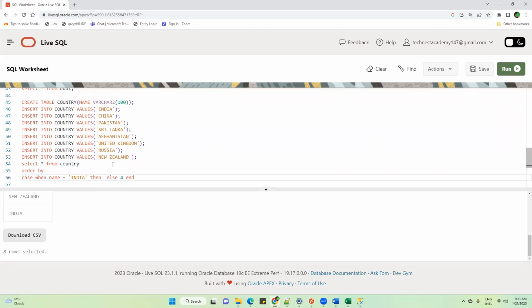If I write this one, will India be on the top or bottom? Bottom. Let me check this. Now I think this is crystal clear, right?